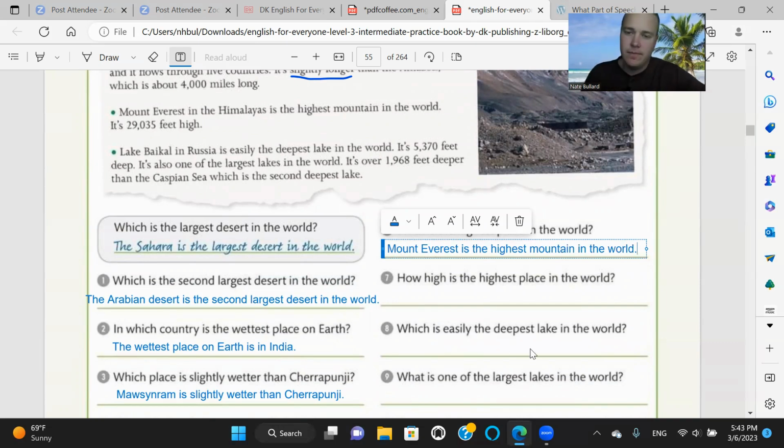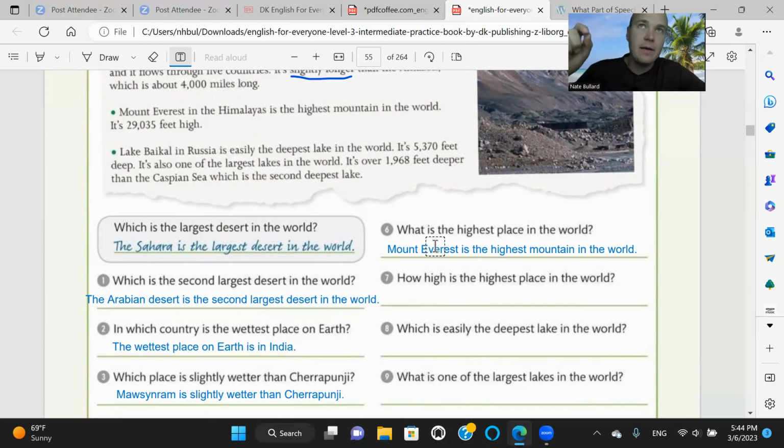Ok, en español, voy a señalar que en español vamos a decirlo así. No sé cómo se dice Mount Everest, pero Mount Everest es la montaña más alta del mundo. ¿Ok? Pero en inglés, the